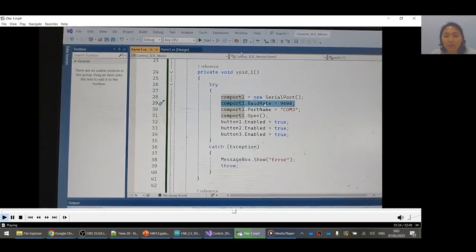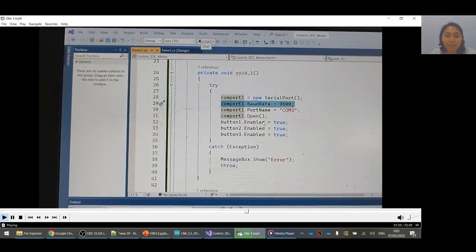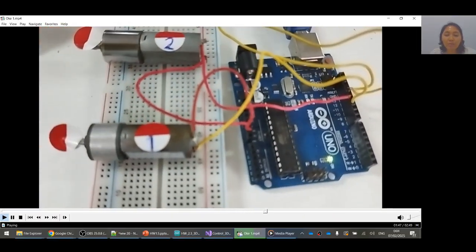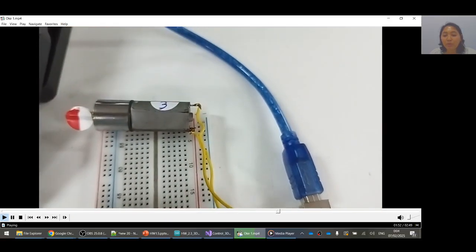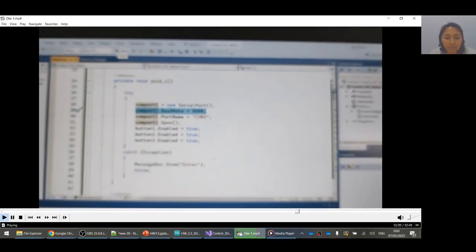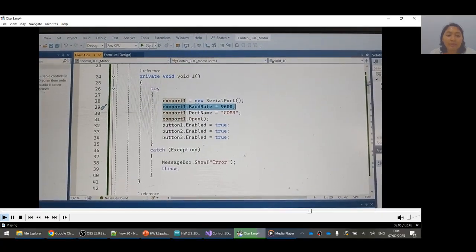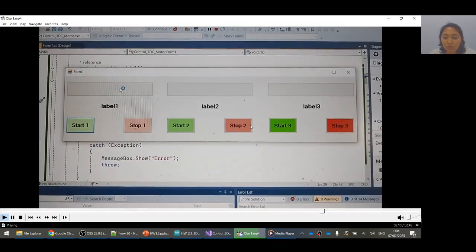You have to write the right baud rate and right port name, because if you do not write the same COM port and same baud rate, it will not communicate between Arduino and the Visual Studio program. And then just click start icon, then the GUI will show.